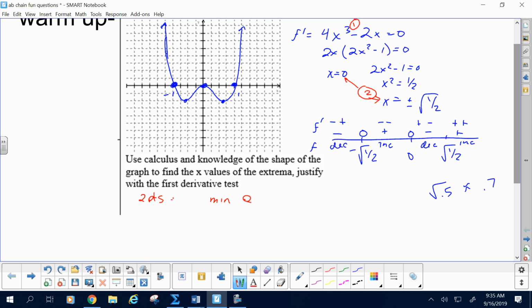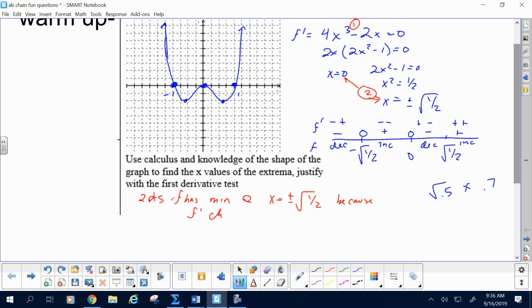So if you just say minimum at, what has a minimum? F, f prime, f double prime, x, what? So if you just started your sentence saying minimum, no, not good. F has a, or has minimums, can say them together, at x equal positive or negative square root of 1/2 because